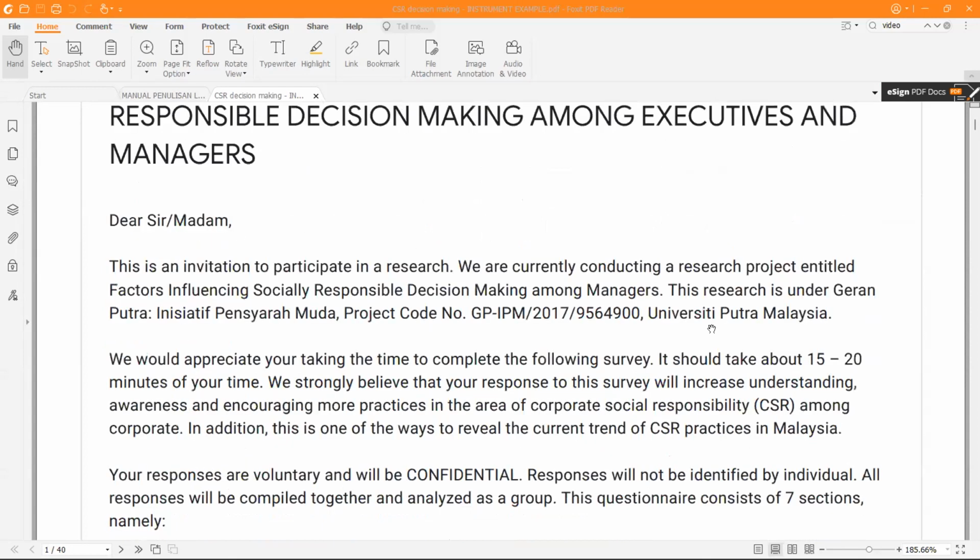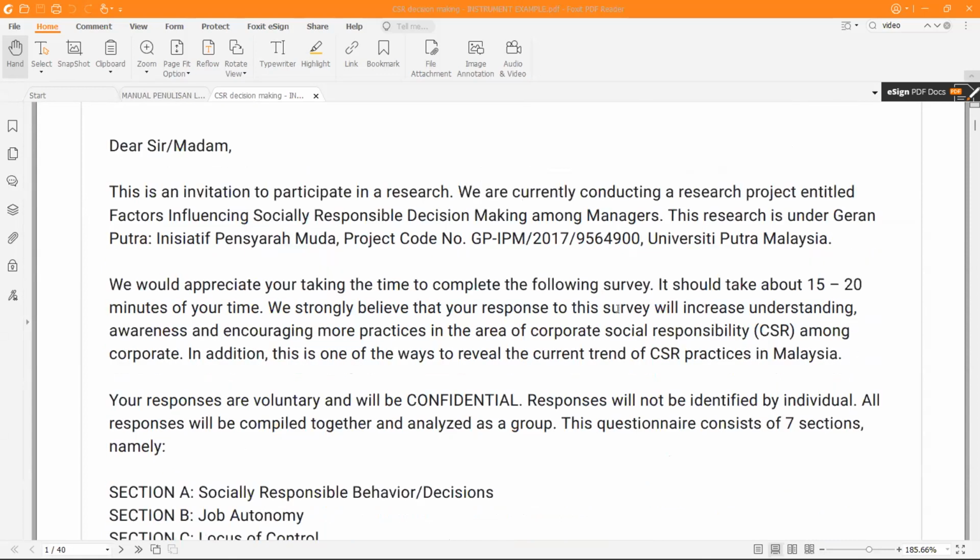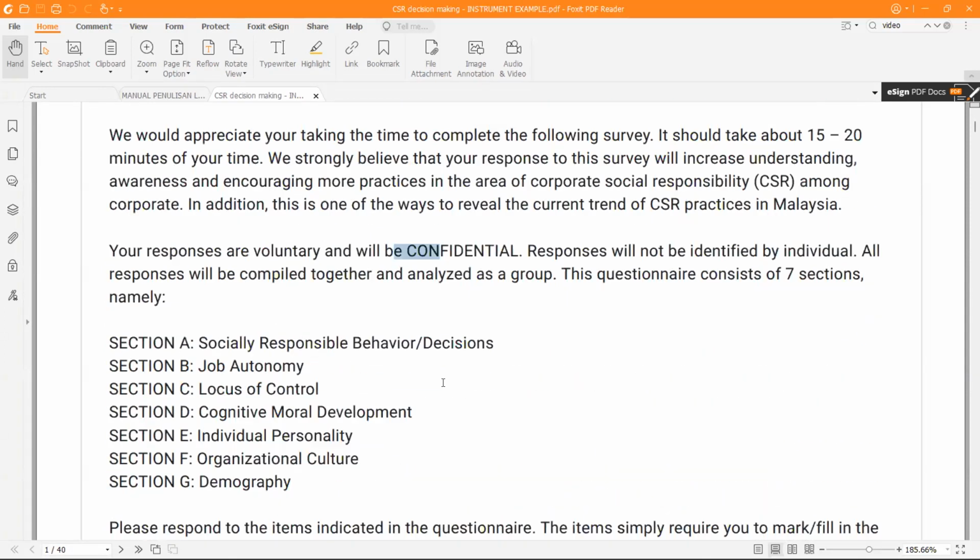Okay, and then the information regarding the sponsor of the project, if applicable. Okay, and then any related information, and then make sure you mention that the responses are voluntary, the participation is voluntary from the respondent, and the information obtained based on the interview is confidential. Okay, so make sure we do not collect